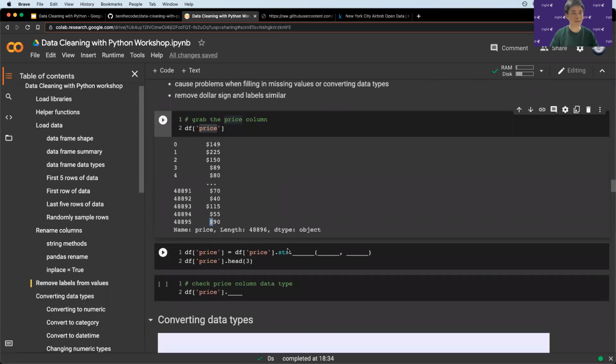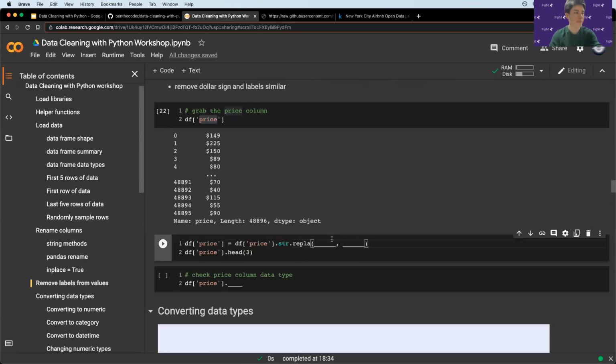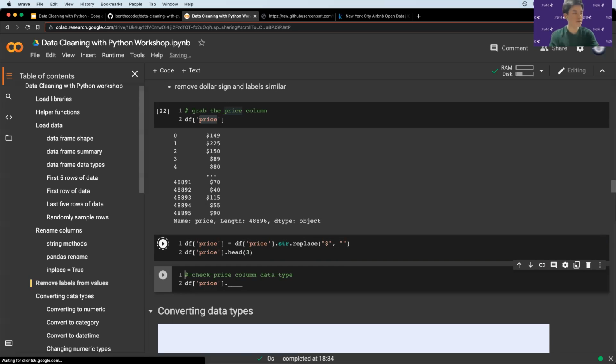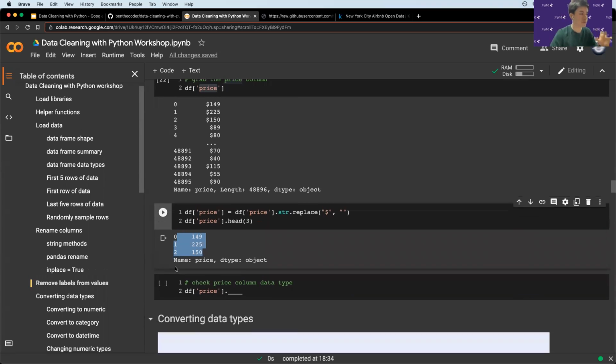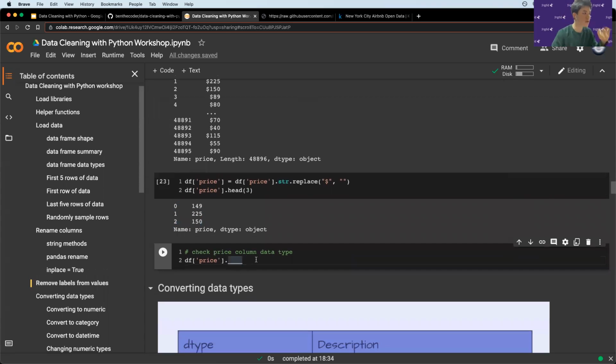How we can replace them with nothing is using the same method as earlier. We call replace, and the value we want to replace is the dollar sign, so we just pass in the dollar sign here. Then I want the dollar signs to disappear, so I pass in nothing as the value I want to replace it with. Now you see that the dollar signs are all gone and it's fixed. But now we'll be going into